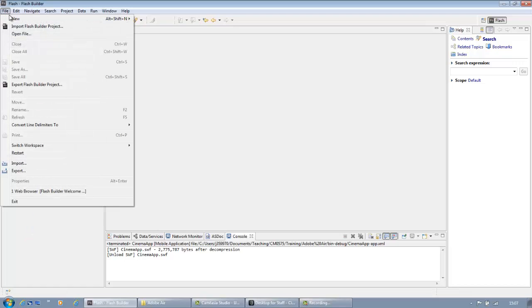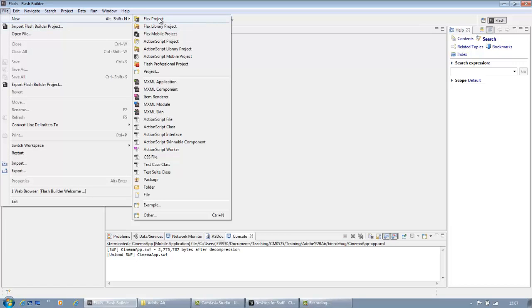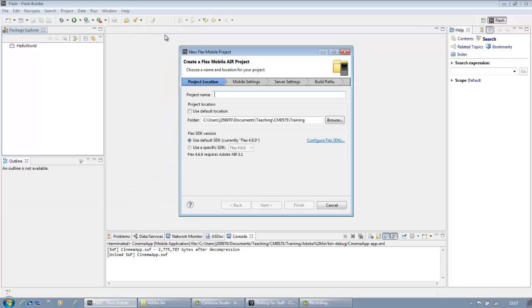just go to File, New, and then you can see there's lots of different projects you can create up here. So you can create a Flex project, which will allow you to create a desktop application. You can create a Flash professional project in the same way as you can using Flash and ActionScript. Or the one that we're going to work with today is a Flex mobile project. So if you just select Flex mobile project,